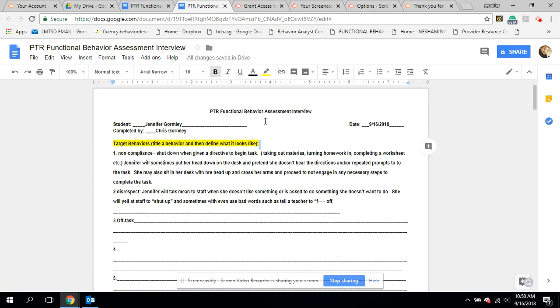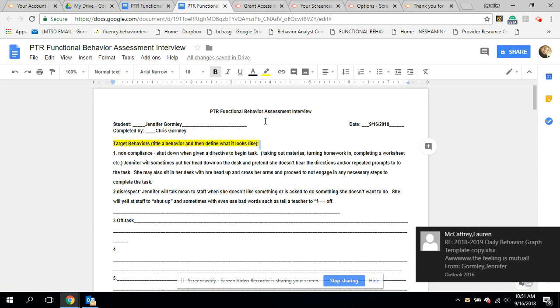So the sooner you can get these to me, the sooner I can get data started and observations started and get that FBA going and get that support plan in place to support that student, and also, most importantly, support you, the teacher who has that student, probably as well as 20 some other students that you need